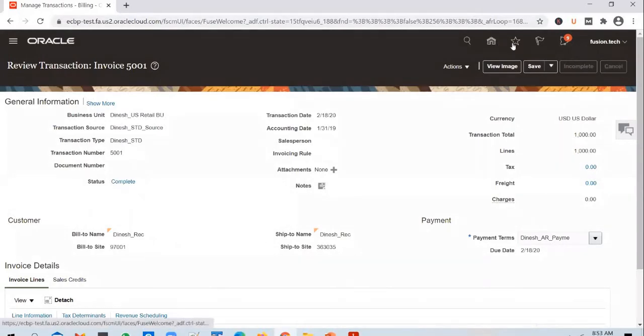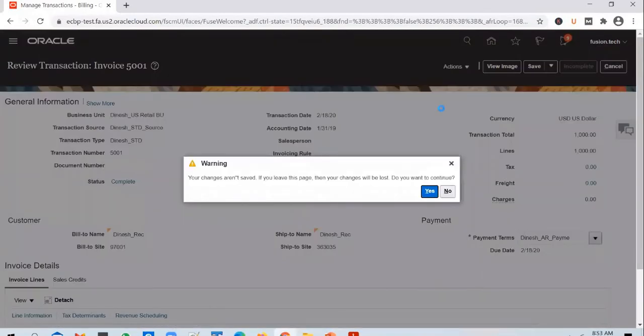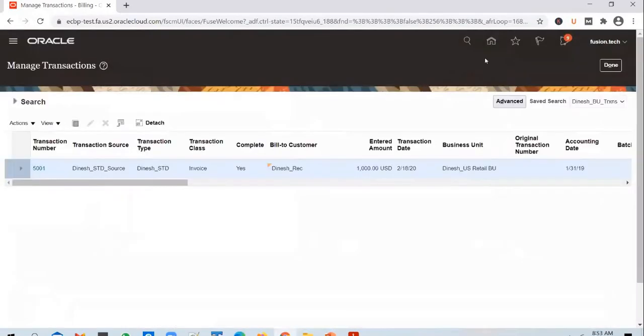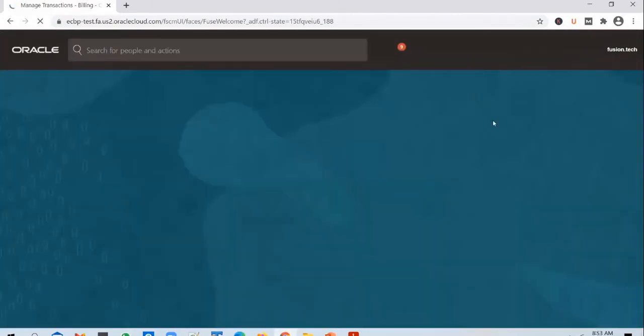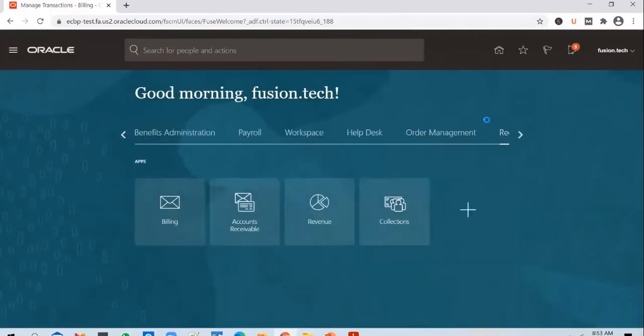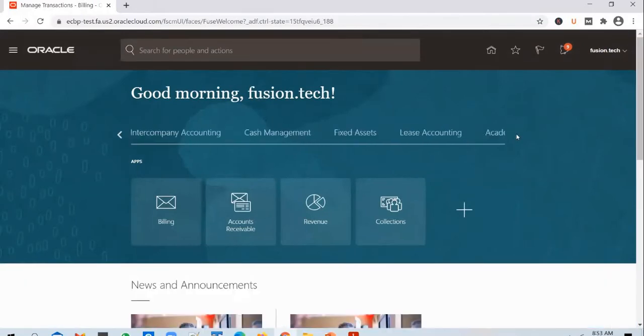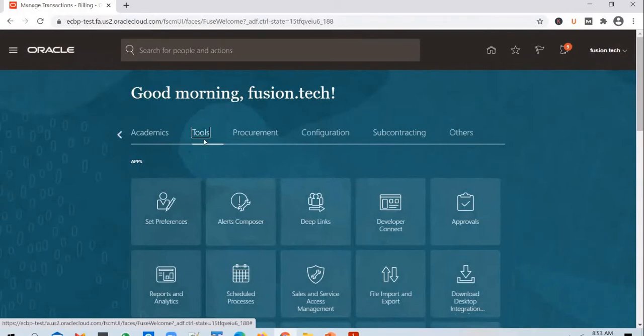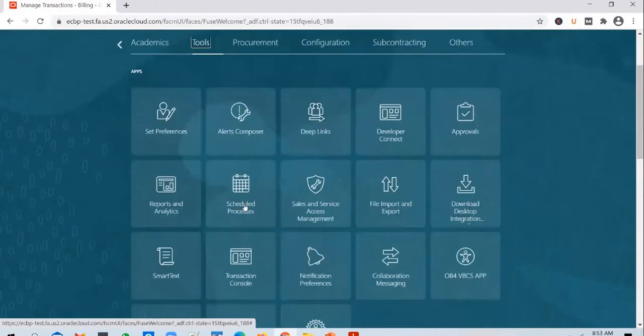For that reason, we register it as an ESS job, an enterprise scheduler job, so that whenever users want to print any transaction, they go to tools, go to schedule process, and run the ESS job that you have created.